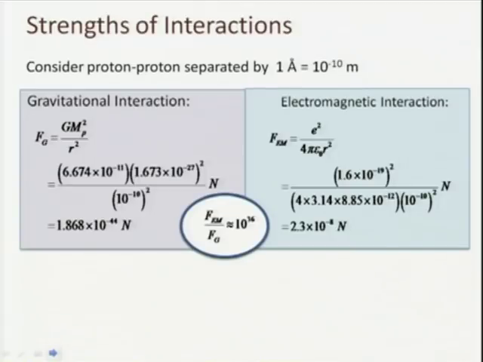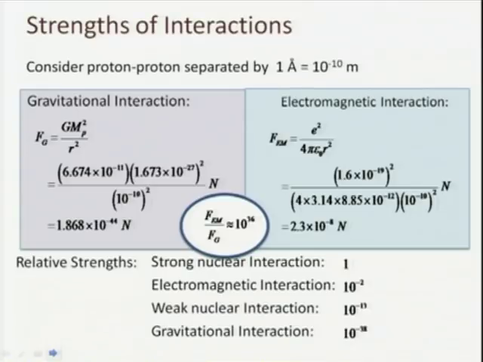So, if you compare the strength of the electromagnetic force with the strength of the gravitational force, you see that it is something like 10 power 36 times stronger, which is very strong compared to the gravitational force. So, let us see how the other interactions are. If we consider the strong interaction to be of strength say 1, then electromagnetic interaction is 100 times weaker than this. Weak nuclear interaction is 10 power minus 3 times weaker than the strong interaction, or 10 power minus 11 times weaker than the electromagnetic interaction, and gravitational interaction is very weak, 10 power minus 38 times weaker than strong